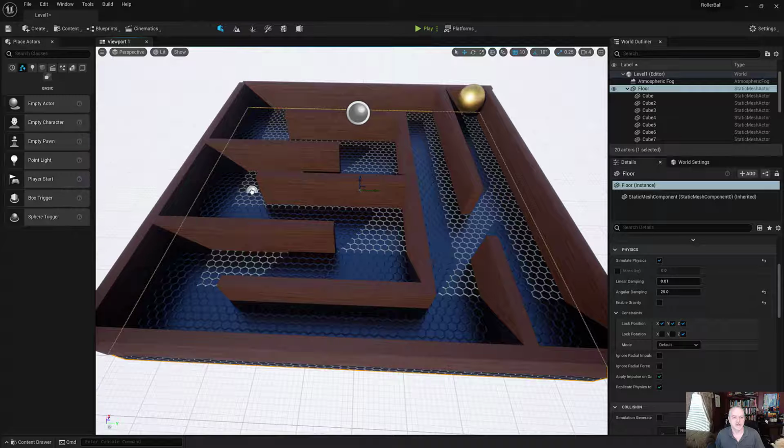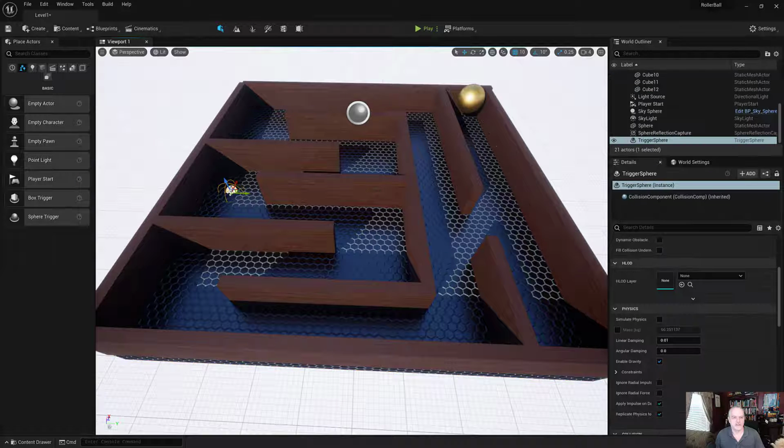Drag that into the environment. I want it to be right there. I'm going to make it a little larger so that we have a good hit on that, and that should do it. Now we do need to do a little programming so that happens, and we should probably place something in the game so that the player knows that this is where they need to go,